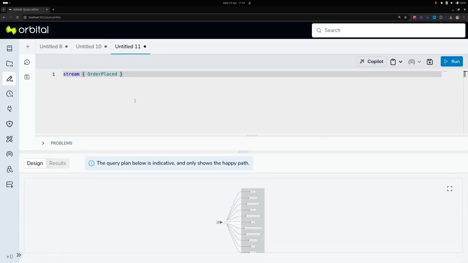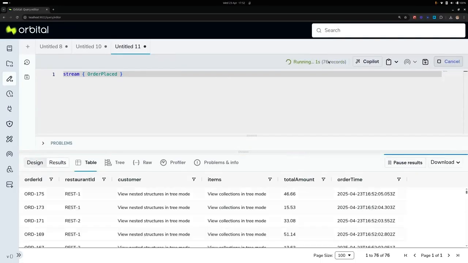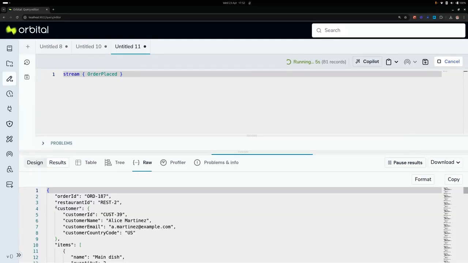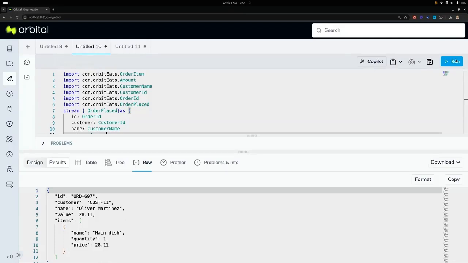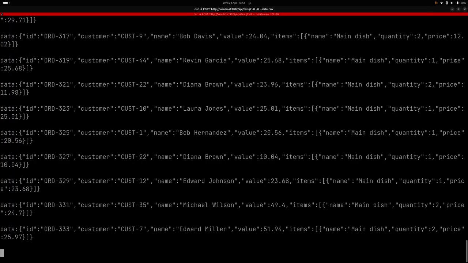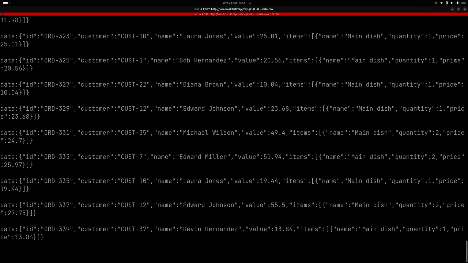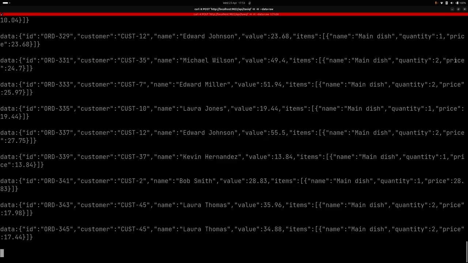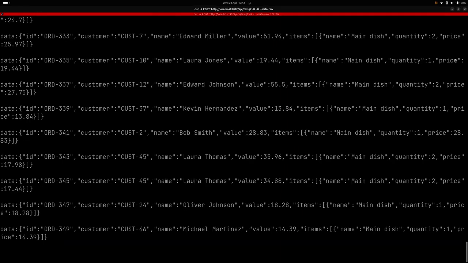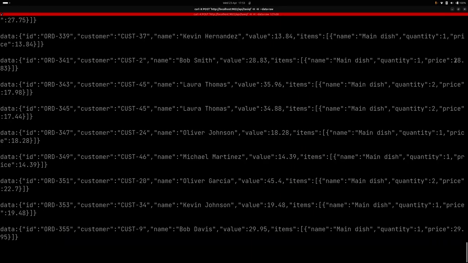Back in the query editor, if I stream the raw data coming directly off of Kafka, I can see that it matches our updated spec. The customer data is nested under the customer field. If I look at my query with a data contract, the consumer is still getting the data in the format that they originally asked for. No breaking changes. Over in my terminal, I can see the query is still running happily, still serving data with my original contract, even though the producer has changed, without any disruption.